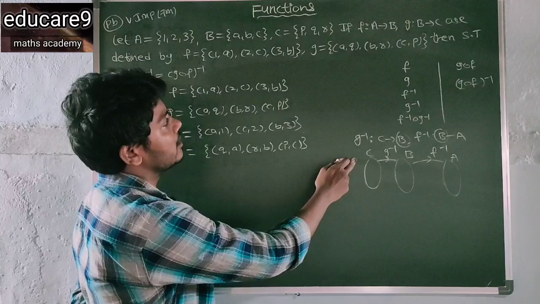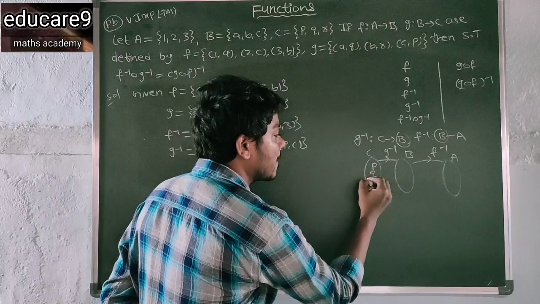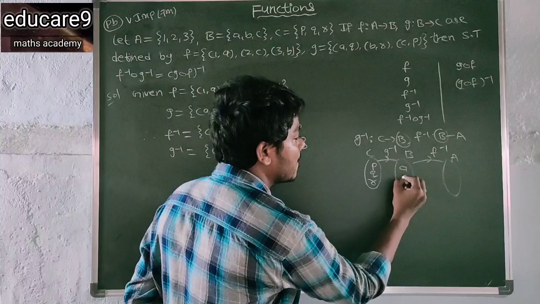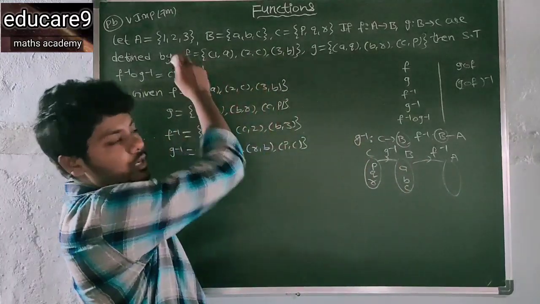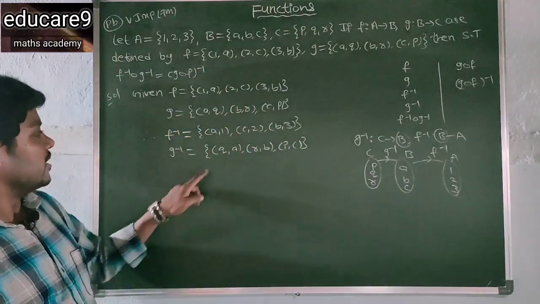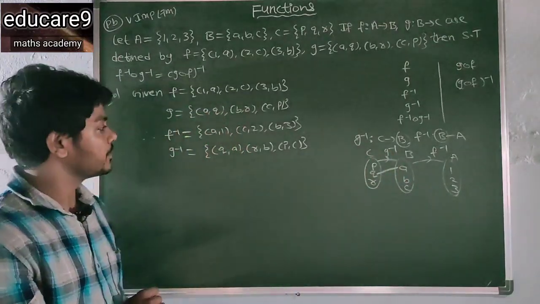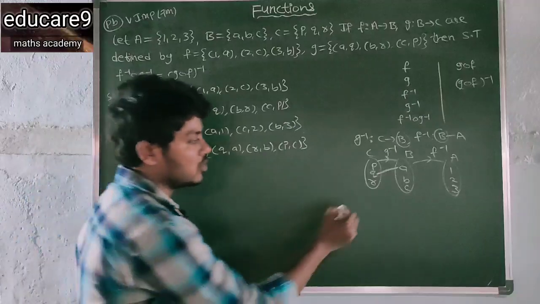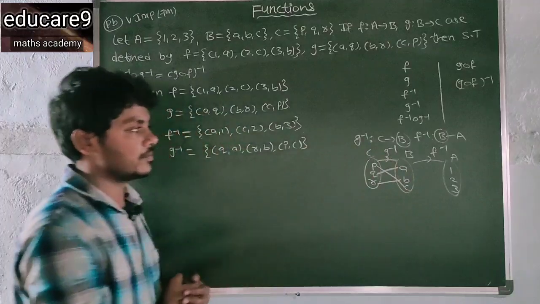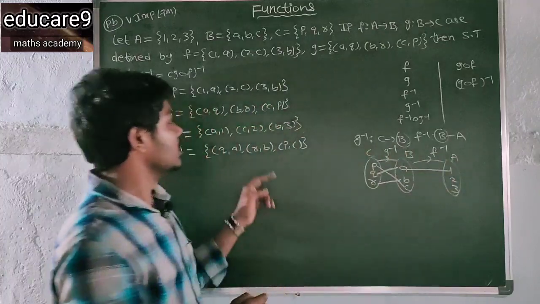See here, in C, what are the elements? P, Q, R. In B, what are the elements? A, B, C. In A, what are the elements? 1, 2, 3. Okay. So what is G inverse here? Q comma A, so Q is mapped to A. And R comma B, so R is mapped to B. And P comma C, so P is mapped to C. In F inverse, A comma 1, C comma 2,